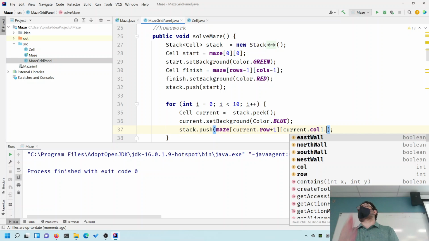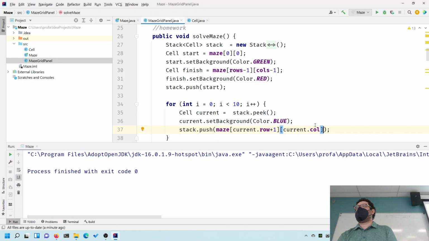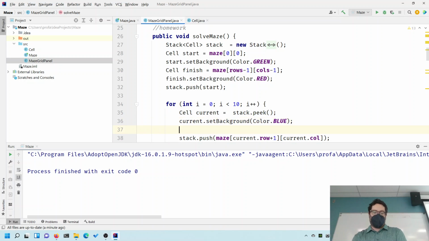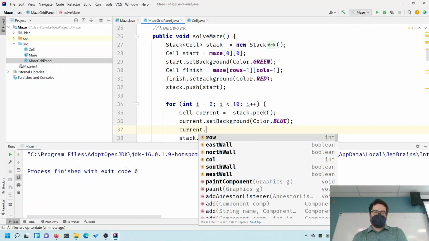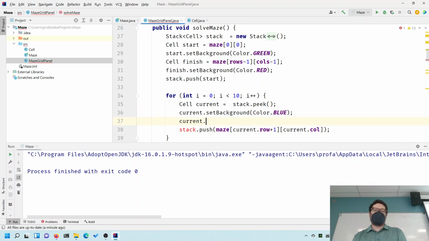So you'd simply ask, does this position's east wall, is that true or false? If it's true, there's a wall there, so you can't go that way anyway. Or actually, you'd ask your square, because your square would have that wall. So you'd ask, hey, current east wall, west wall, and if there is a wall, you cannot go that way. So you look at your square and figure out which ways you can go based on what walls you have.